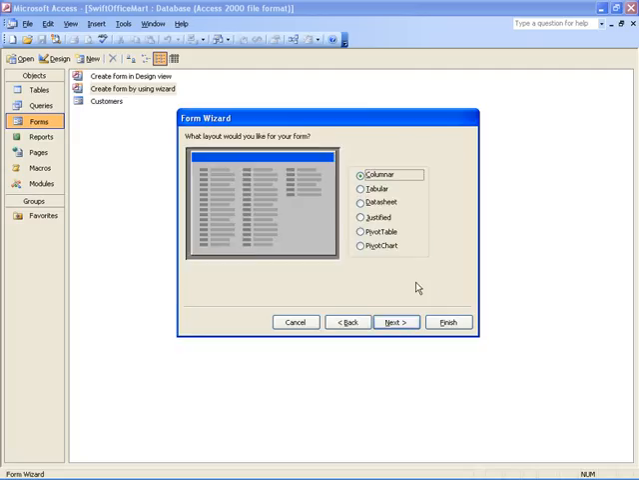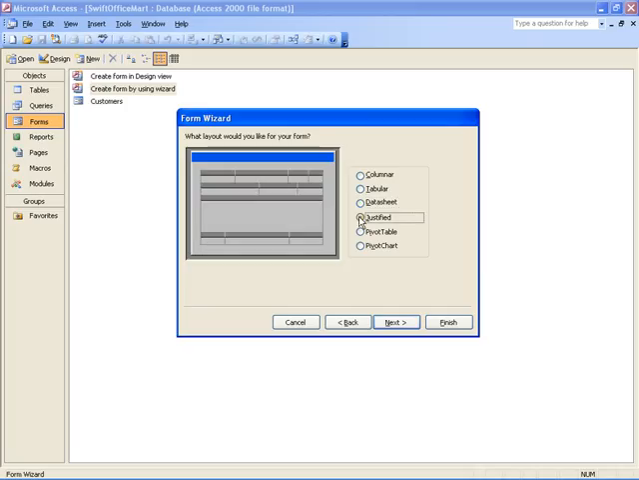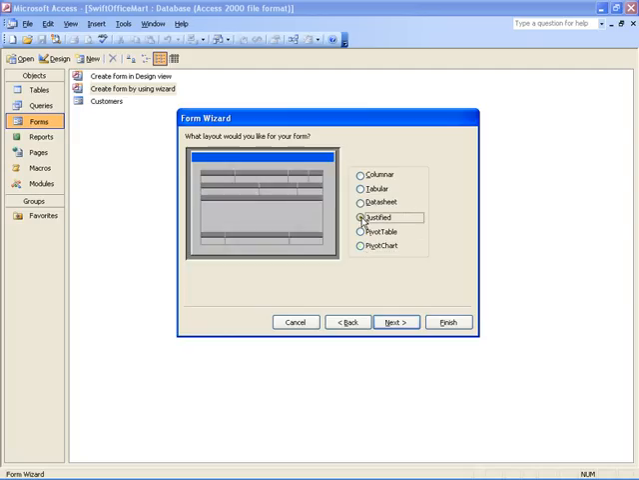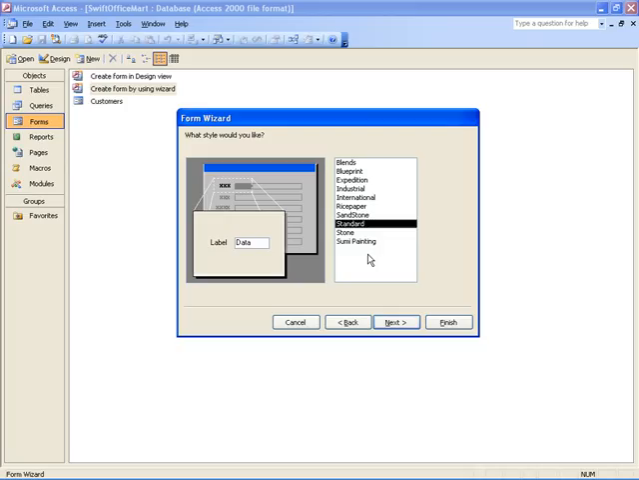Now it offers us our choice of display. We've already had one in Columnar, so let's move to Tabular, Datasheet, Justified. I like the way this is laid out, side by each. Pivot Table View and Pivot Chart, we're going to leave those alone for now. Go into Justified, say Next, and we have our choice of styles, meaning the colors and design patterns around our